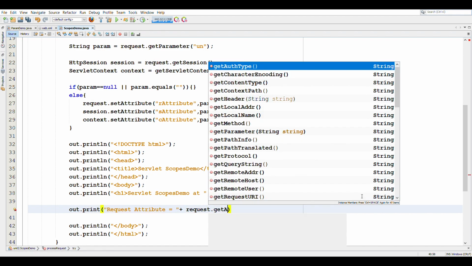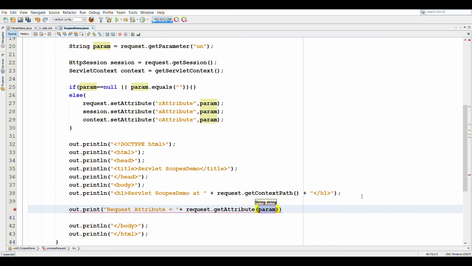We'll use the getAttribute method, and we will pass the name of that attribute. For the request, the attribute name was rAttribute, so here we'll pass the name to get this attribute.